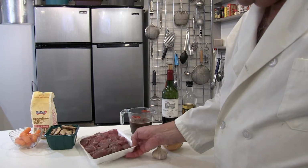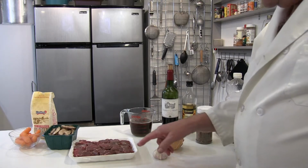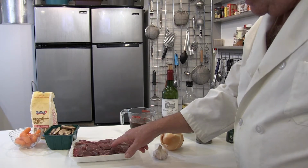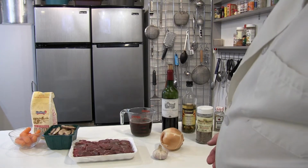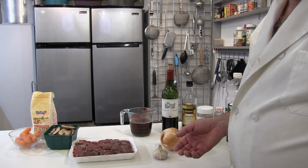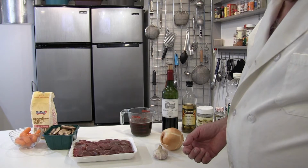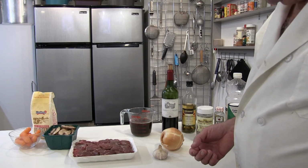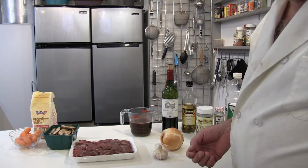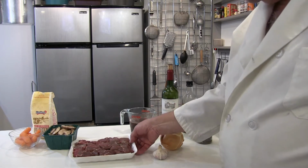Okay, this is not tender meat at all, and it becomes tender after slow cooking. There's a lot of connective tissue within the beef, and that's going to break down. Now, in a way that's sort of similar to the French chicken stew coq au vin, which means chicken cooked in wine, and usually use an old chicken, a chicken that you can't even eat other than putting it in a stew. I don't think you can find those today. Okay, so that's the protein,